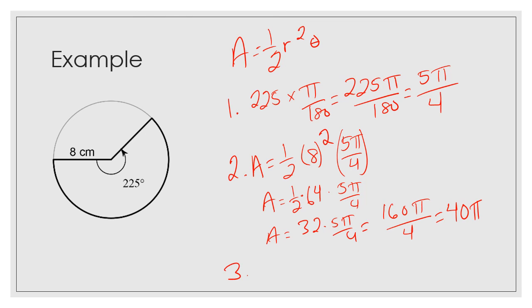Then my last step, again, I want to round to the nearest tenth. So 40 times pi is approximately 125.7, because I get 0.66 and I want to round up to 7. Now, when I'm labeling my area, remember that when I'm working with area, my units are always squared. So the area of this circle is approximately 125.7 centimeters